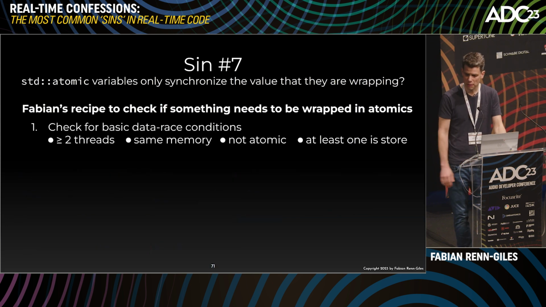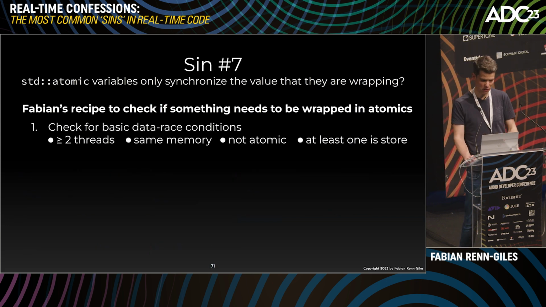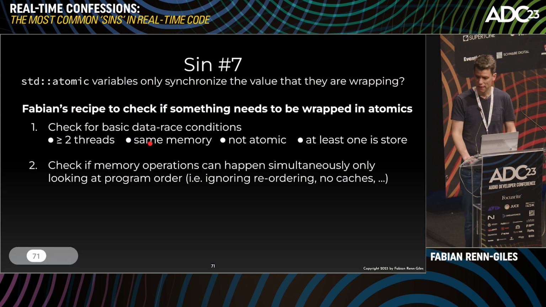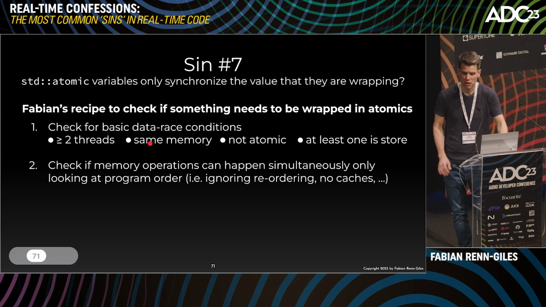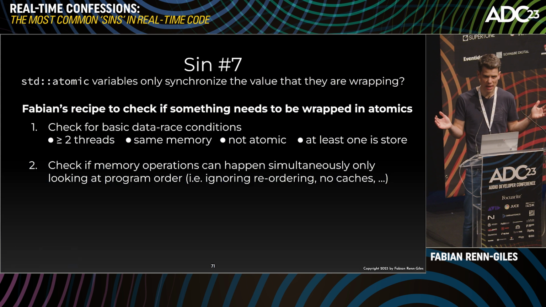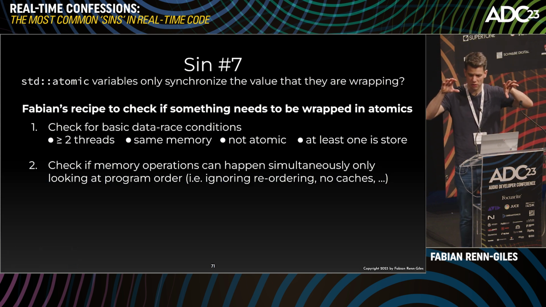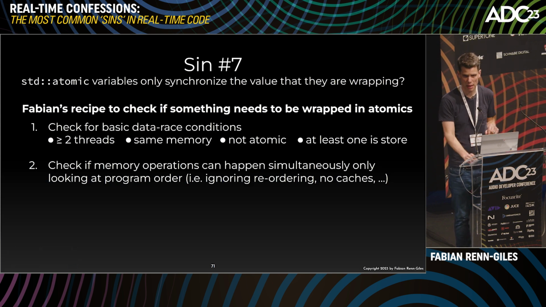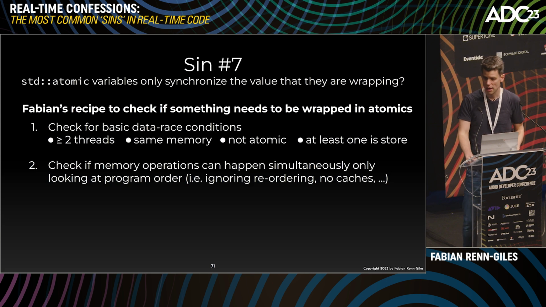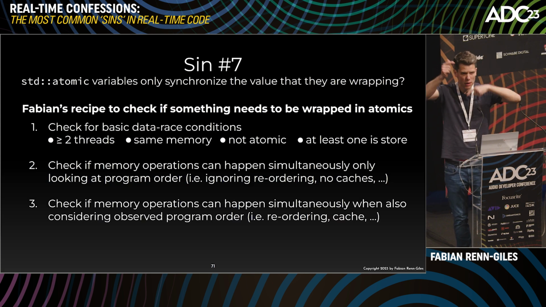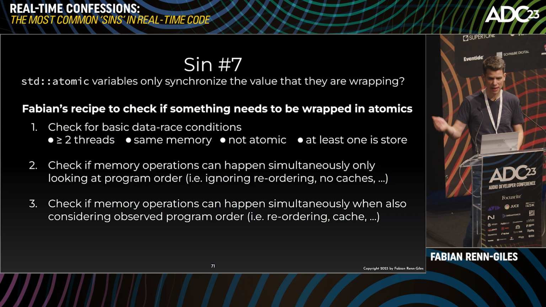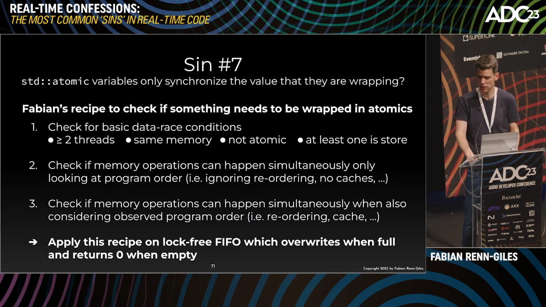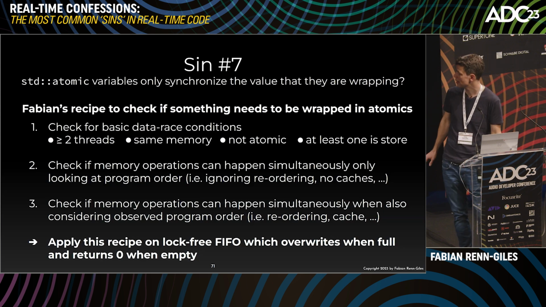So my recipe for checking if something needs to be wrapped in atomics is the following. Check for basic data race conditions, the first 4. Then assume that you don't have any cache. Assume that reordering doesn't happen, and just check if the way your program is written, 2 memory operations can happen at the same time. And if they can't, then check with reordering, can they now happen at the same time? So these three steps. And now we're going to quickly apply this, as the last slide,